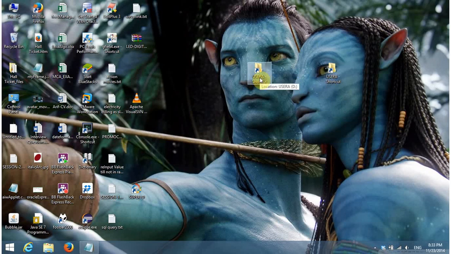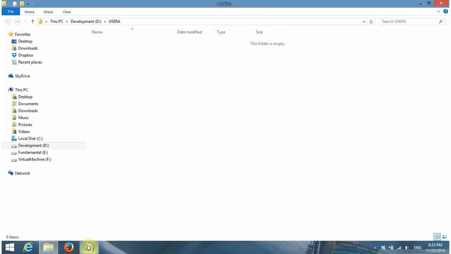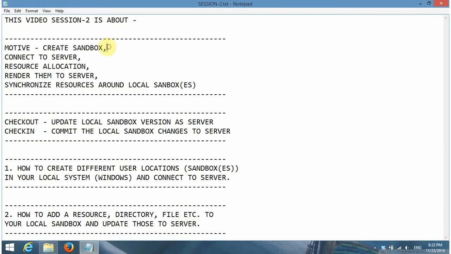Now I double click on user A. So what we have done now is create the sandboxes, which are nothing but directories. And the second thing is to connect those sandboxes to the server,